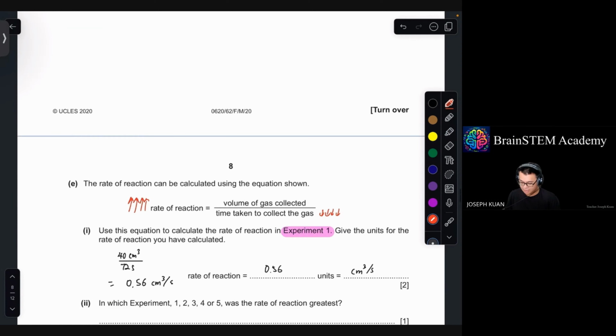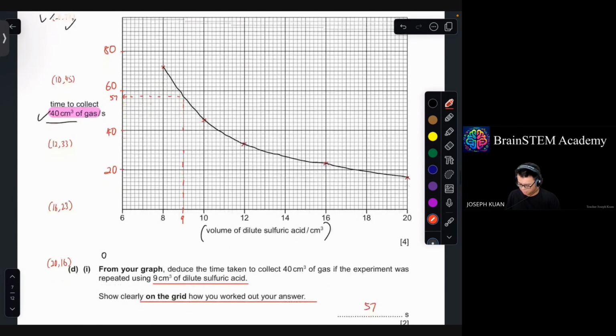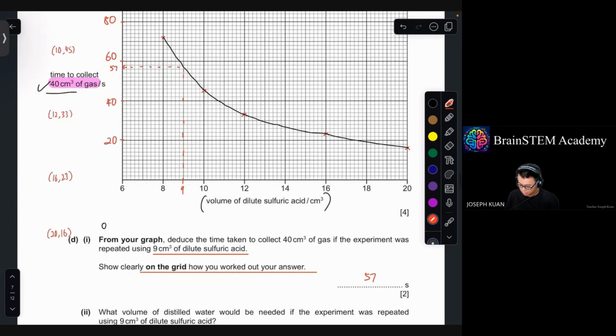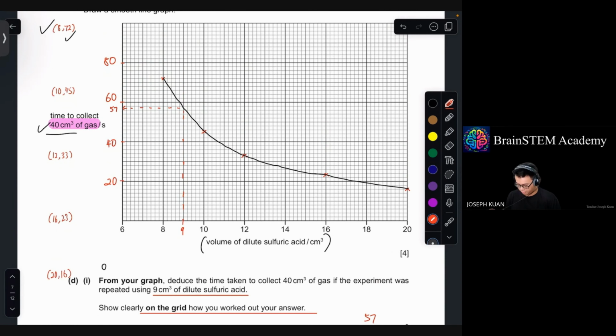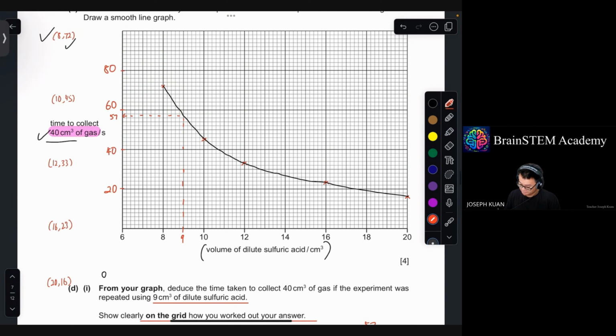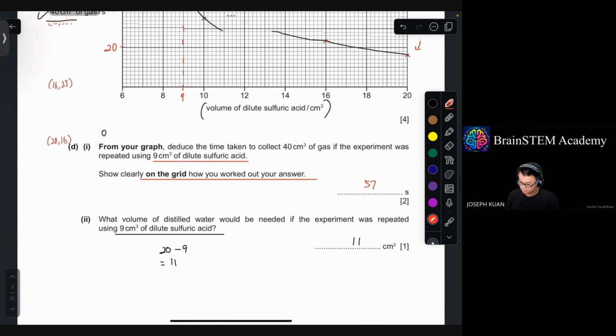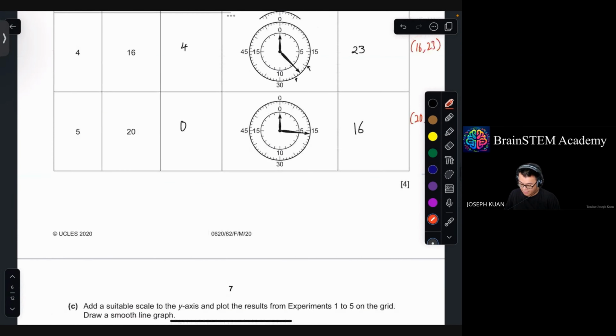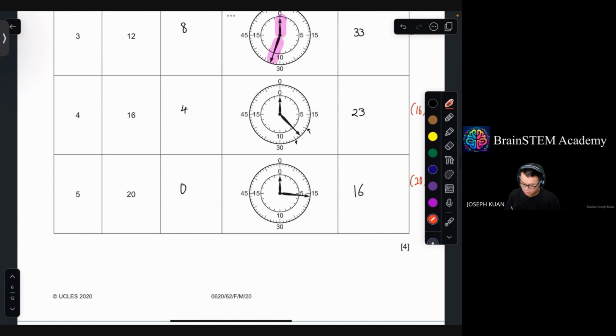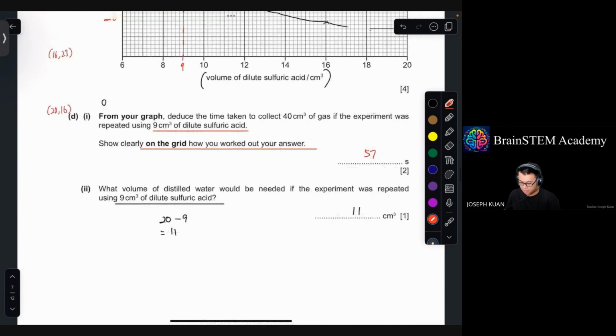So which one has the least time taken to complete the reaction, to complete the collection? That will be experiment 5. In fact, it makes sense, right? Because experiment 5 has the greatest concentration out of all of these